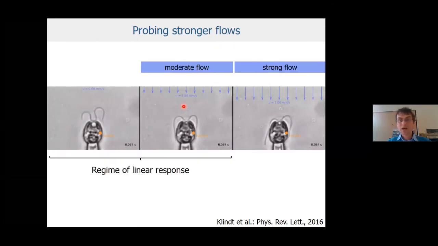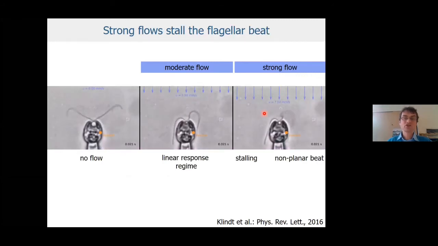And I will be brief on this, just saying that what I showed before was for moderate flows, and then we can have this linear theory that the speed change of the cilia is linear in the applied force. But if you go to super strong flows, then there's actually a non-linear regime, and we find that sometimes cilia stall, so they don't beat anymore, or that even the beat pattern becomes non-planar and switches to a completely different